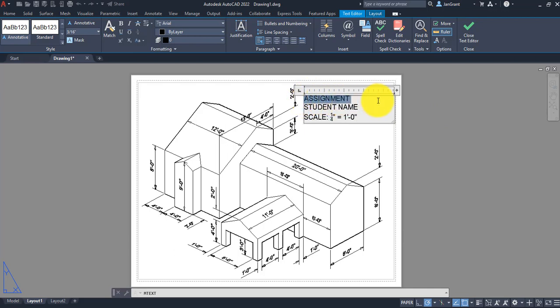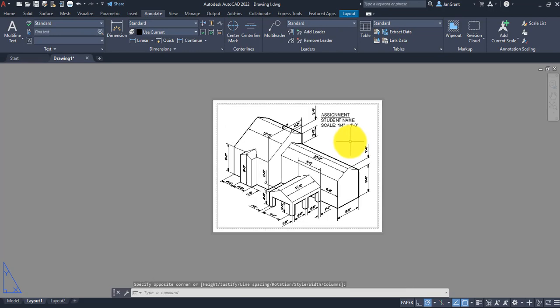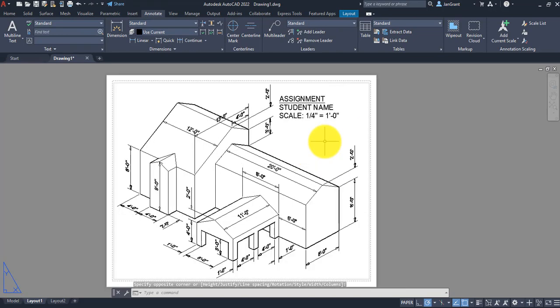Highlight whatever the assignment is and underline it as we have been doing. And guys, this 1/4 of an inch is stacked. I guess I'm okay with it being stacked in this title, but usually on drawings, that's really small, especially if we create a check set. So you can click on it, click on that little lightning bolt, and then pick unstacked, and it'll unstack it. All right, there it is. That's our 3D drawing for this assignment,